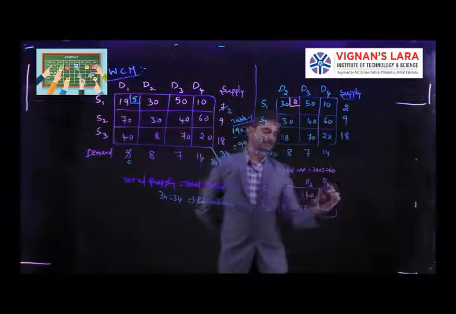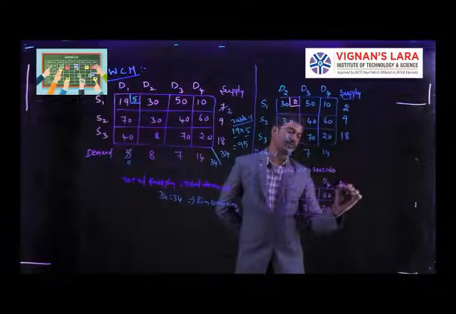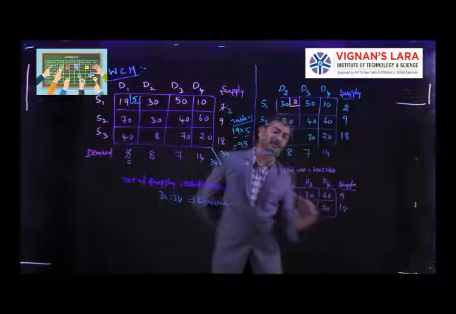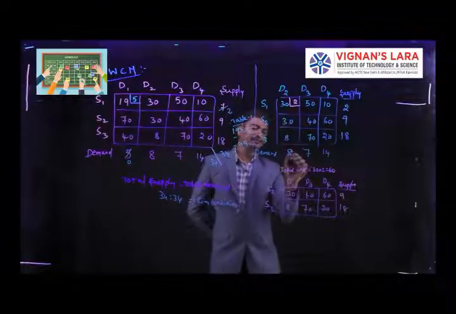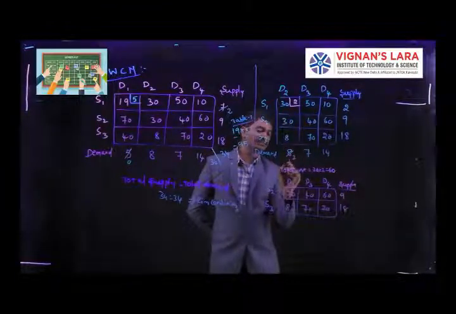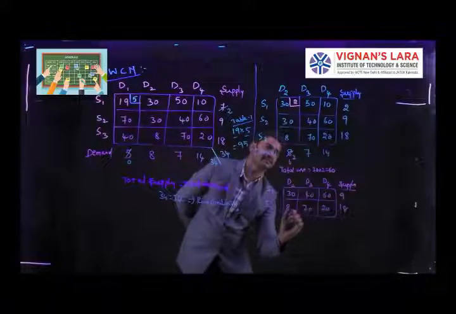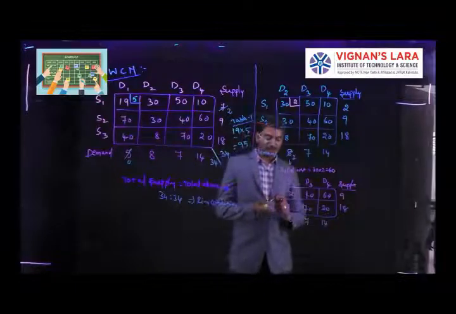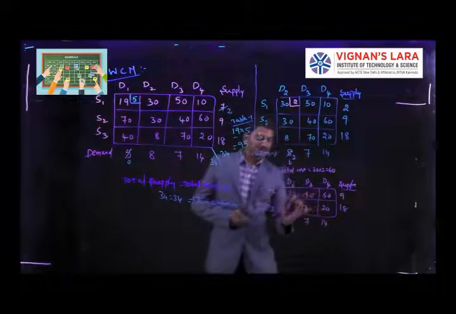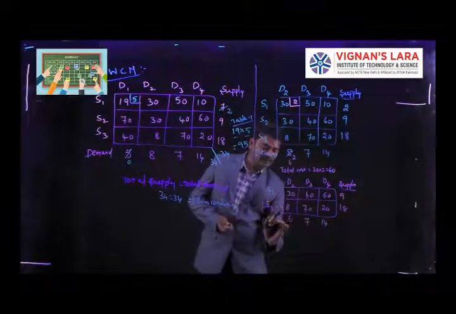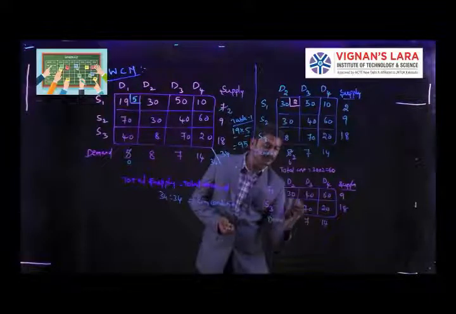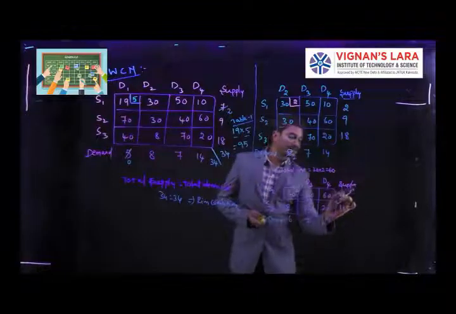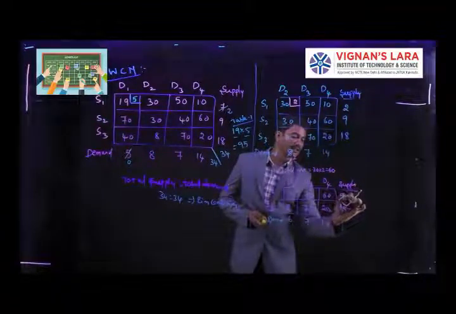Okay, then coming to the supply, how many units are there here? 9, 18, but here we already supplied 2 units, so the remaining balance is 6 units. So we have taken 6, 7, 14. From this again we are going to take the demand. Here the demand is 6 units, so we simply take 6 units from the supplier, then the balance is 3 units.